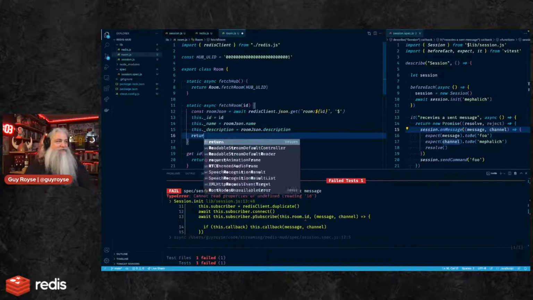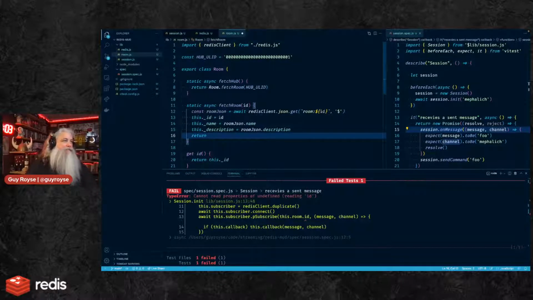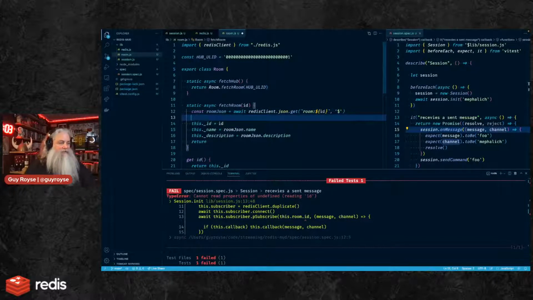How to return it. And it's not this._, it's const room equals new Room, and then it's room.